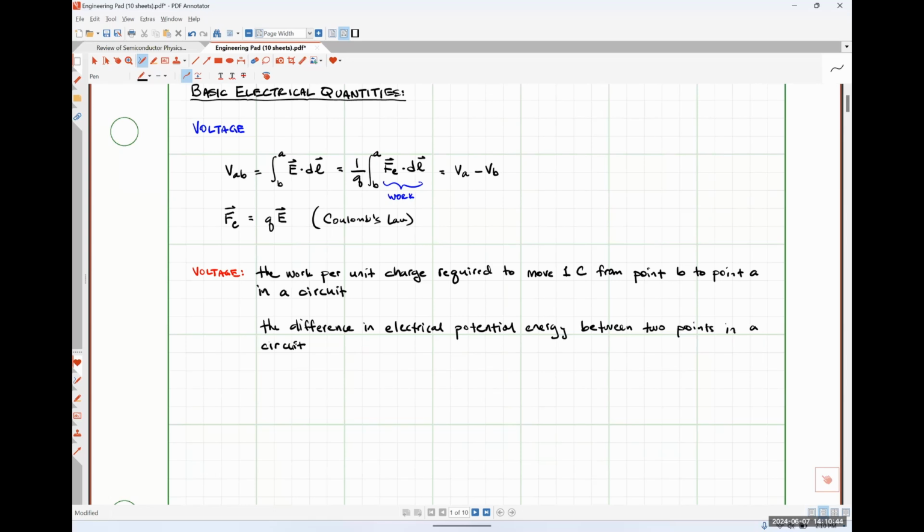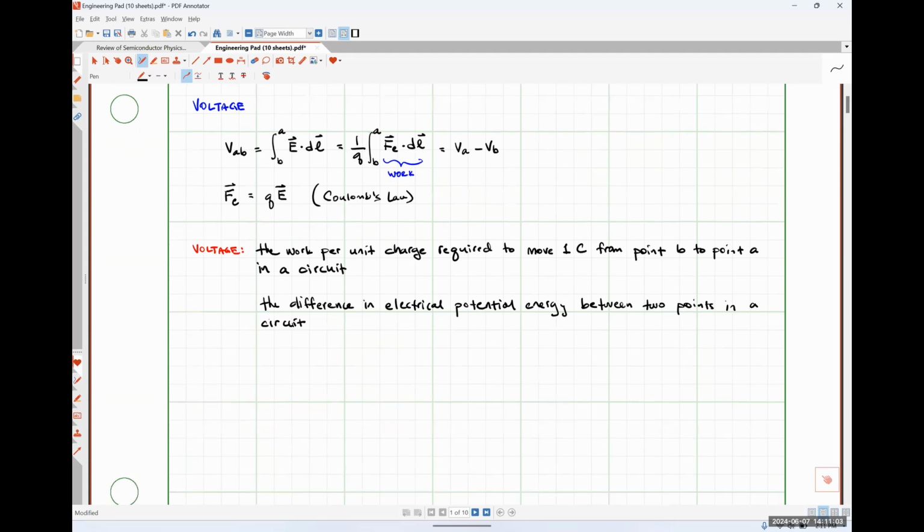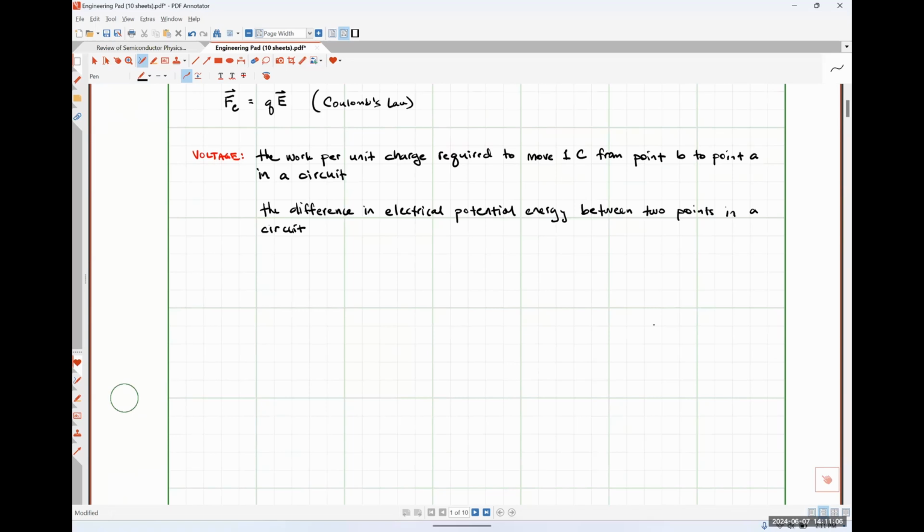So we may not be particularly familiar with electrical potential energy as of yet. However, I feel pretty strongly that we all have a relatively good understanding of what gravitational potential energy is, right? So gravitational potential energy, which you guys should have learned in your high school physics class, as well as your Physics 201, which is a prerequisite for this course for some strange reason, but that's another thing, effectively says,